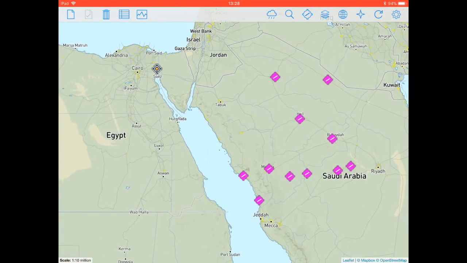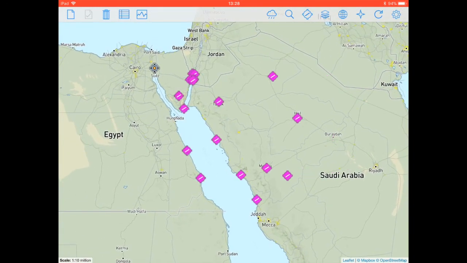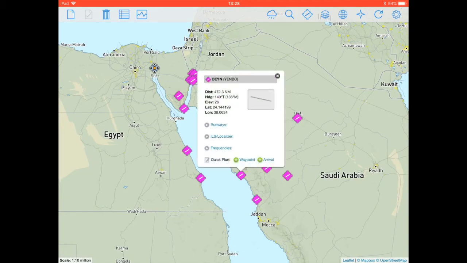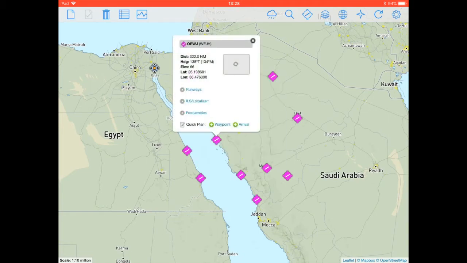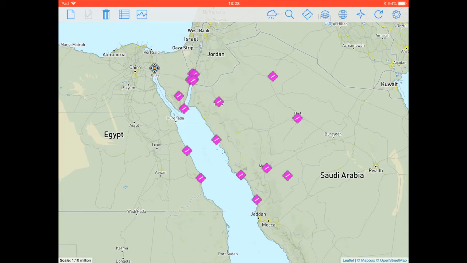But that said, the airport we're going to go to, I think it's Medina, is the airport that we want to go to, but because we can't see names we've just got to trial and error. It's one of these ones on the coast. It's not that one. In fact, this doesn't give you the free-form names either. Even when you click on them, all it gives you is the ICAO. So again, knowing it's Medina,